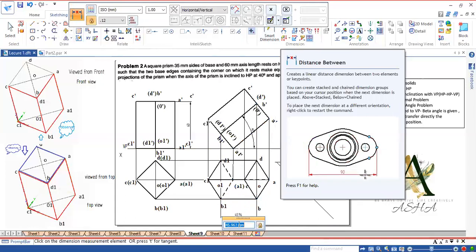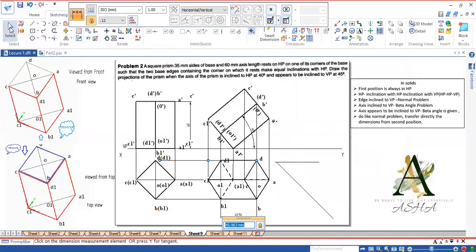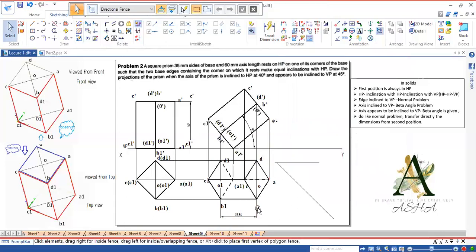So here it is 45.96. Actual axis height is 60, but it is 45.96. So that's why it is called a beta angle problem, but it says appears to be inclined, already beta angle is given.